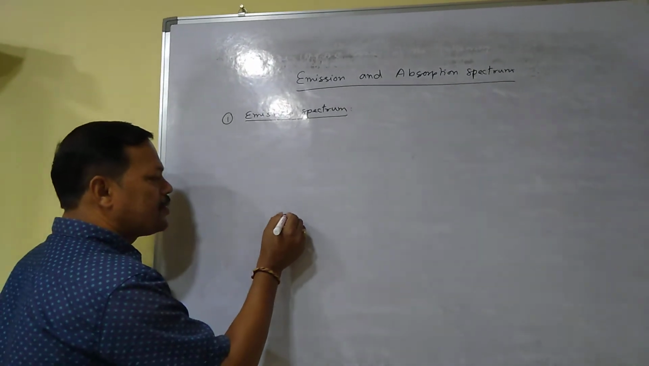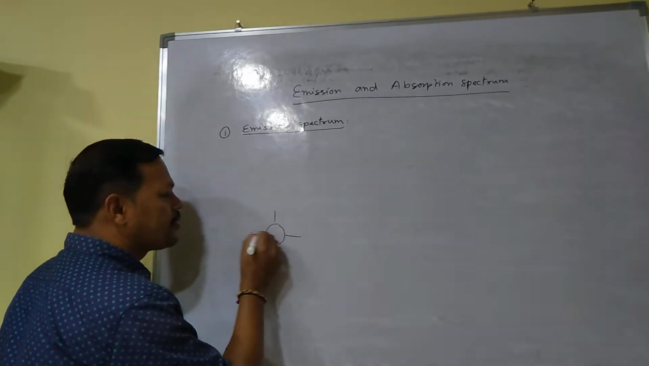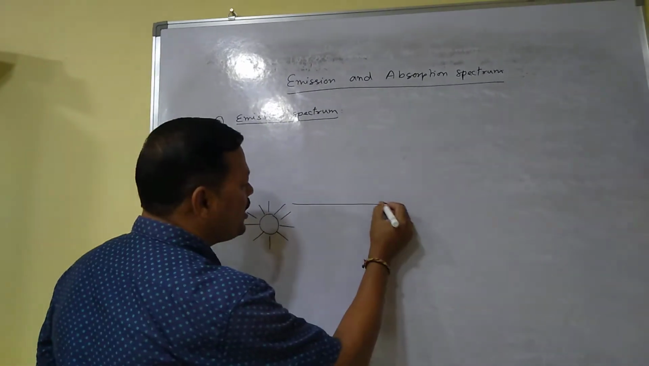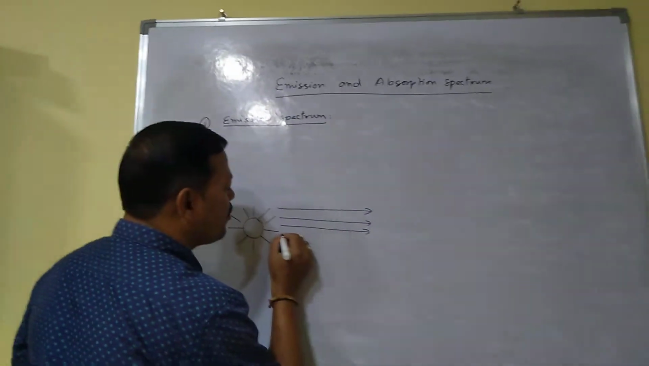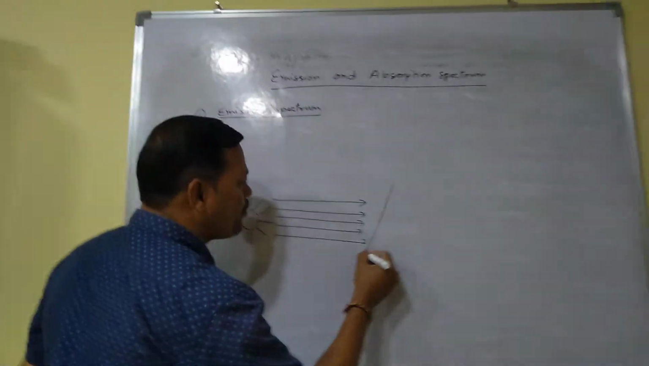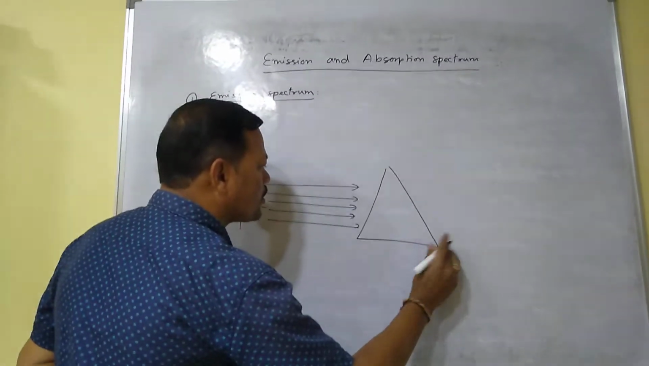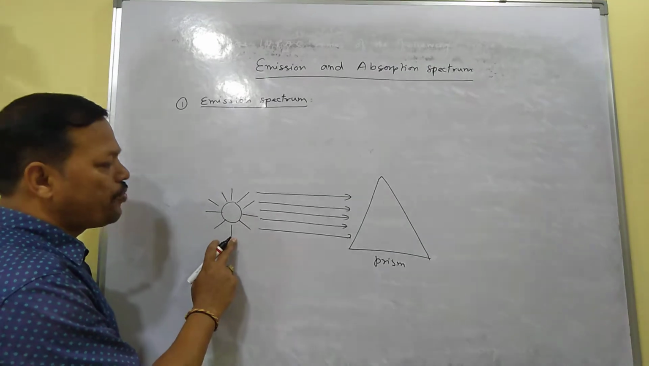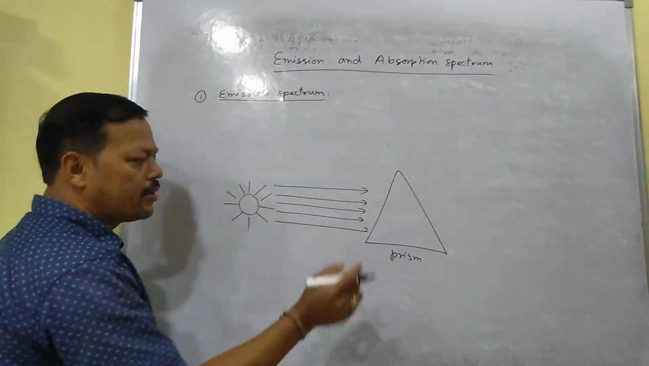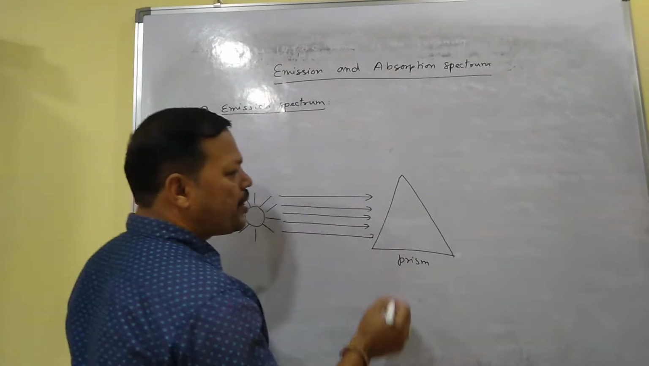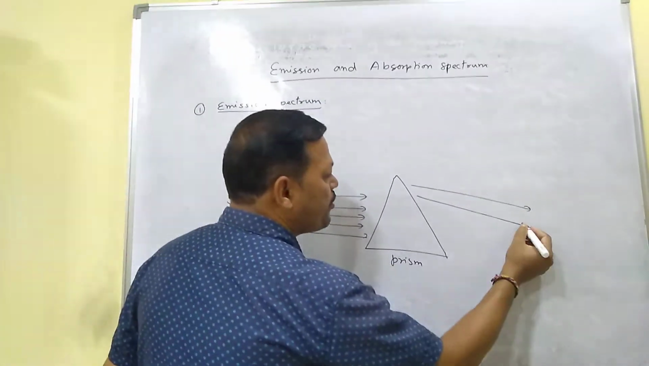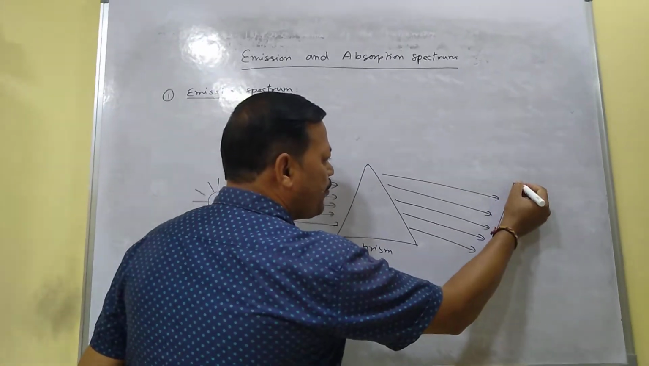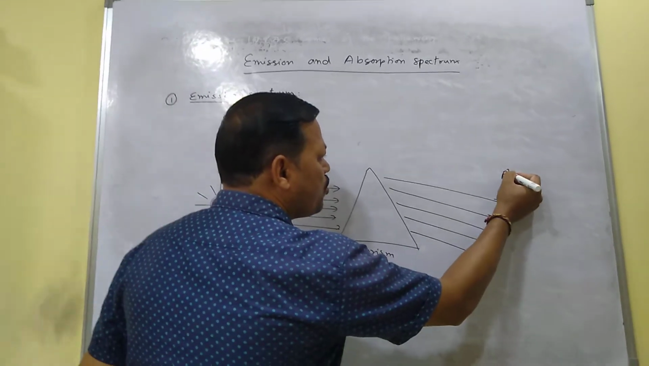Emission spectrum means, suppose this is a source of light. When the radiation of the light is passed through a prism, suppose this is a prism, you know about prism, in physics you have got. When the light is passed through a prism, and after passing through the prism, when you observe the light in a photographic plate,